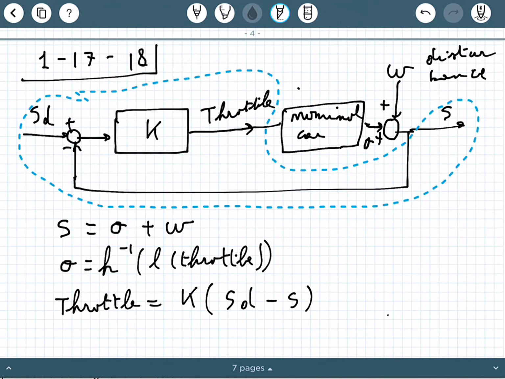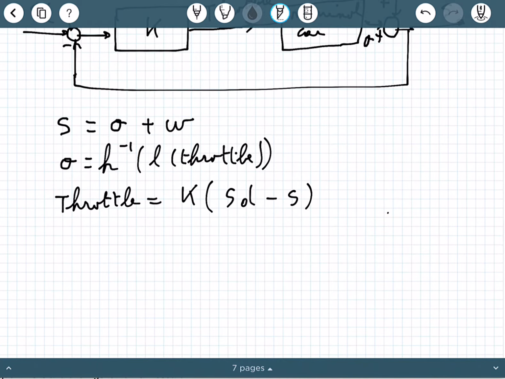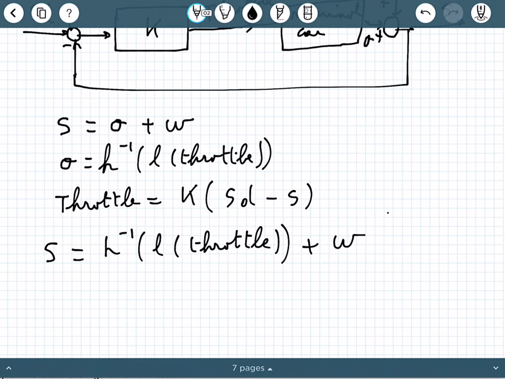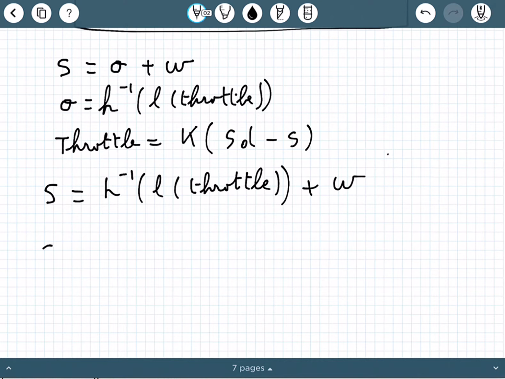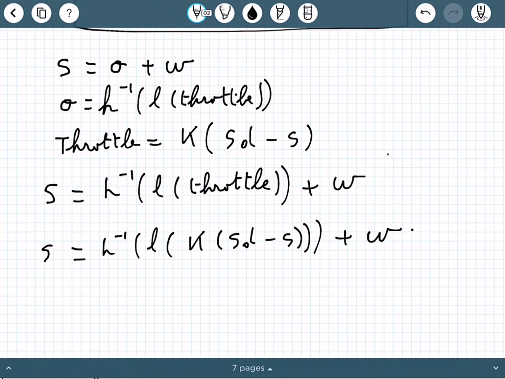This comes from this part of the loop in such a way that eventually we obtain that S is equal to H inverse of L of throttle plus W, or S is equal to H inverse of L of K times SD minus S, plus W. So this is a little bit of a complicated equation,